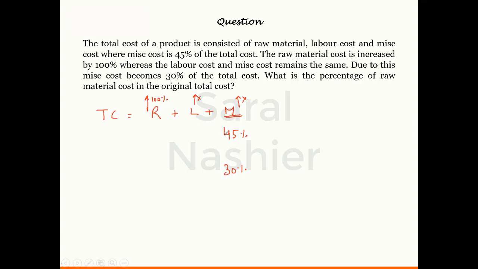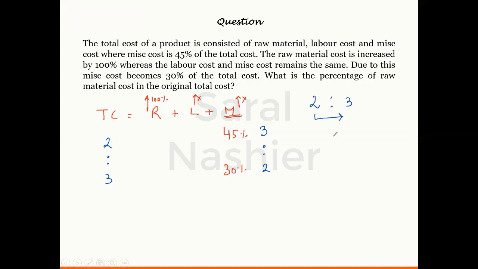So I hope you all remember this now, that in whatever ratio the percentages are for miscellaneous cost, the inverse of that ratio would be the total cost. And the same would have been true for the labor cost as well, but actually that is not given to us. So we'll talk about miscellaneous cost only. In what ratio are these two now? They are in a ratio of 3:2. That means the total cost must have been in a ratio of 2:3. Because in whatever ratio the percentages of miscellaneous are there, in the reverse ratio would be the total cost ratio. So total cost is in a ratio of 2:3.